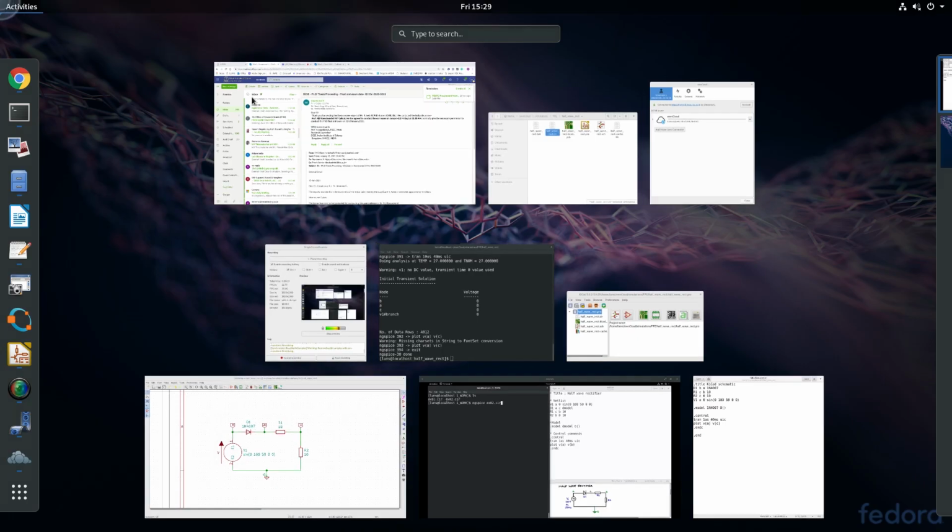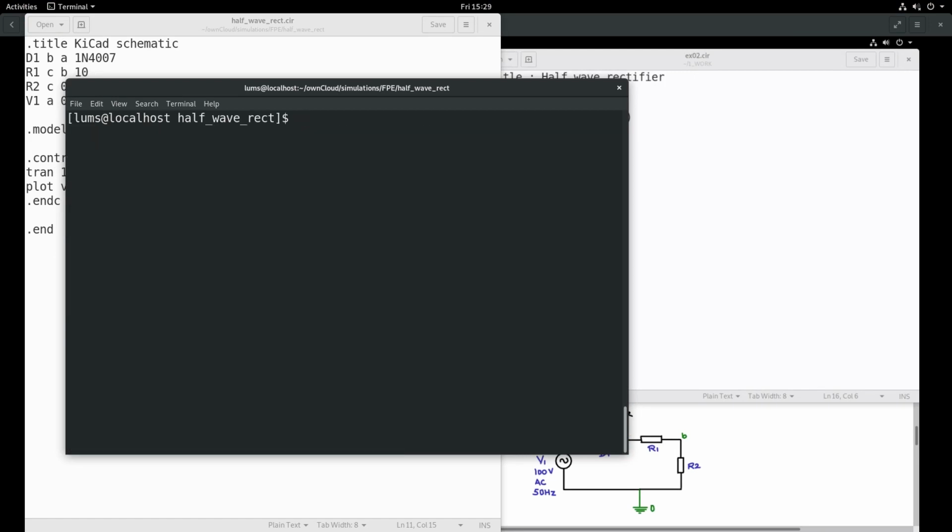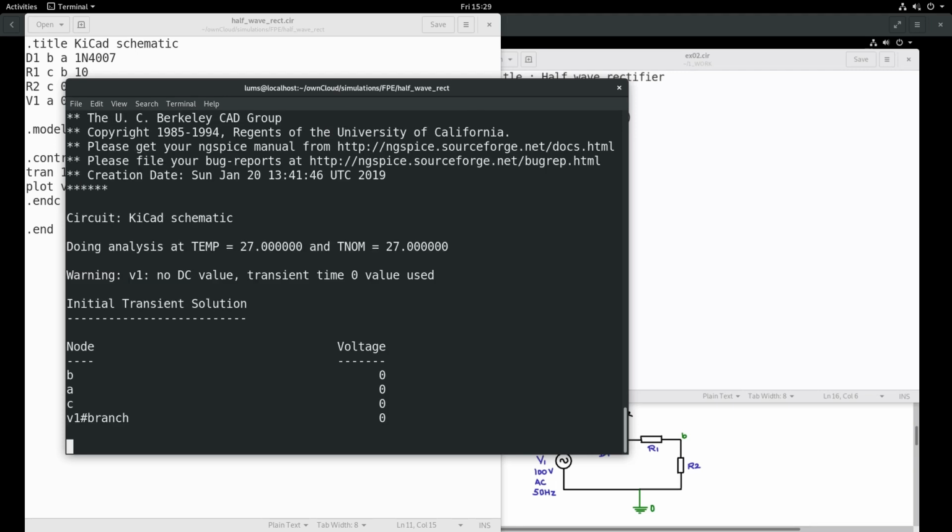So let us go to the window, command window. Let me clear that and execute ngspice half-wave rectifier.cir.